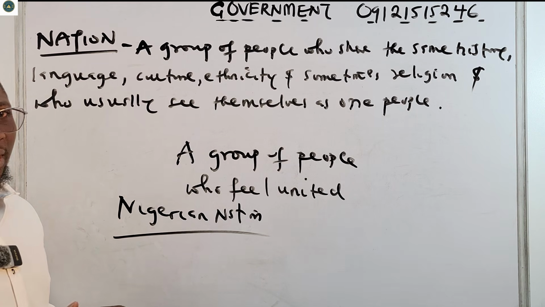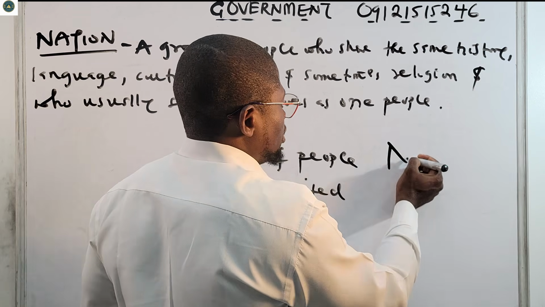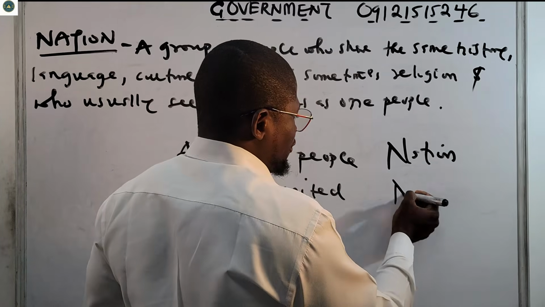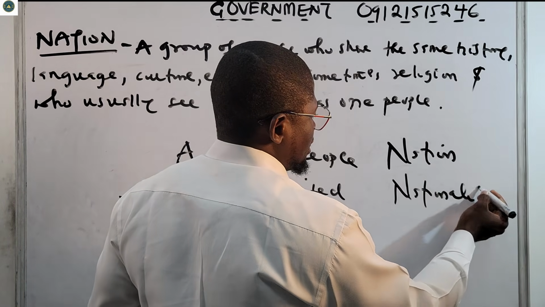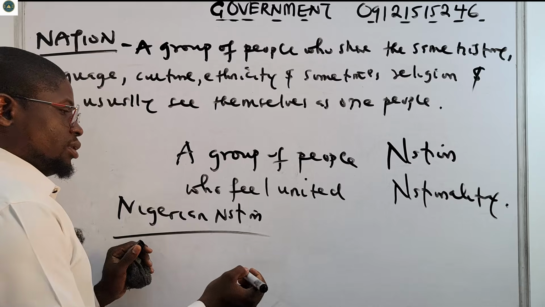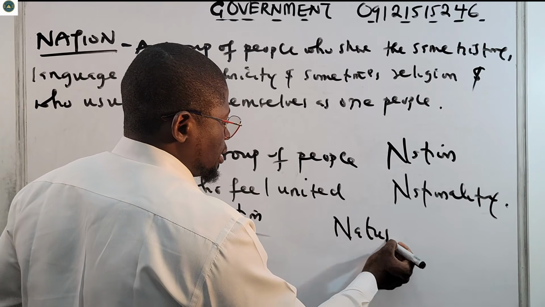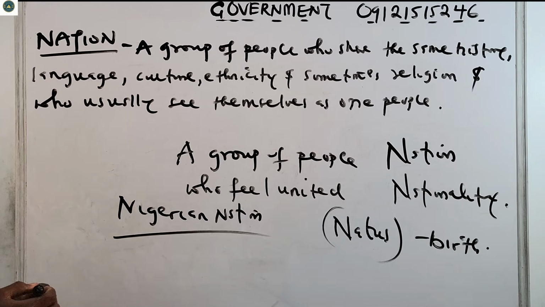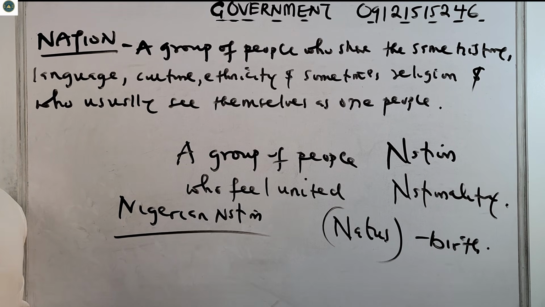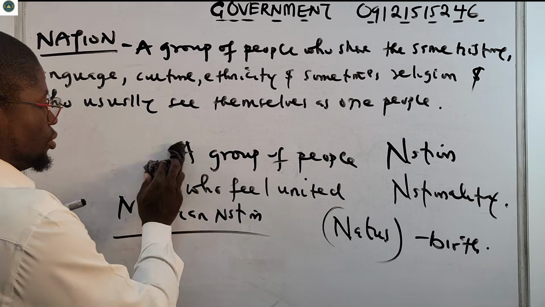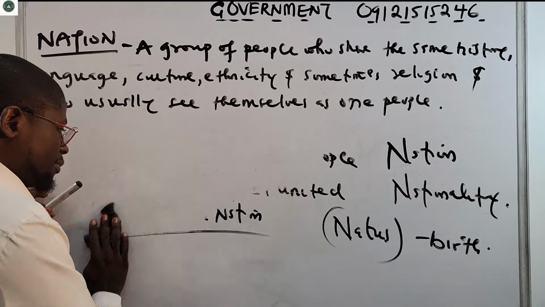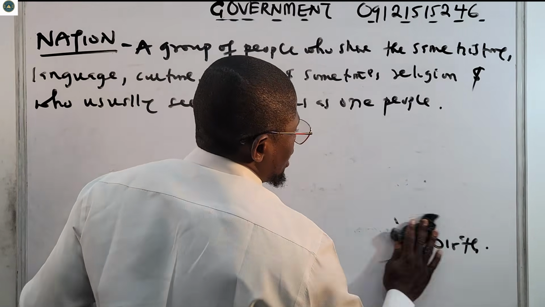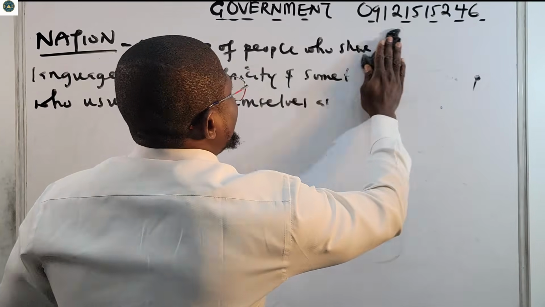common. The term nation itself, you can see it's almost like nationality. You can even confuse it with nationality. It's from the Latin word natus. Natus means birth. Please take note of that also. So the word nation is allied to nationality, from the Latin word natus, which means birth. Now let's look at the main features of a nation. What do we see? These people are qualified to be a nation. So let us quickly see the main features